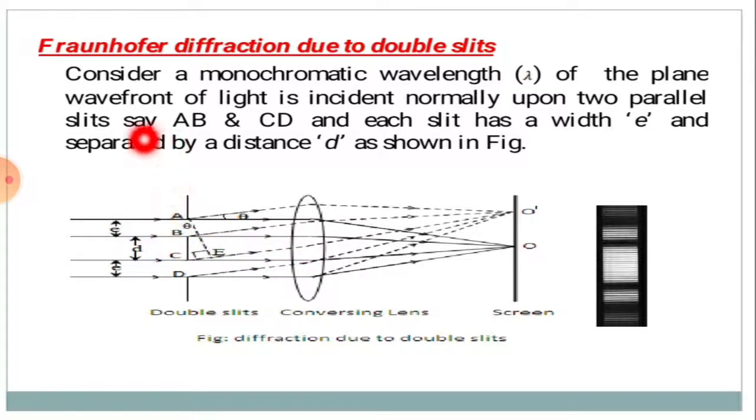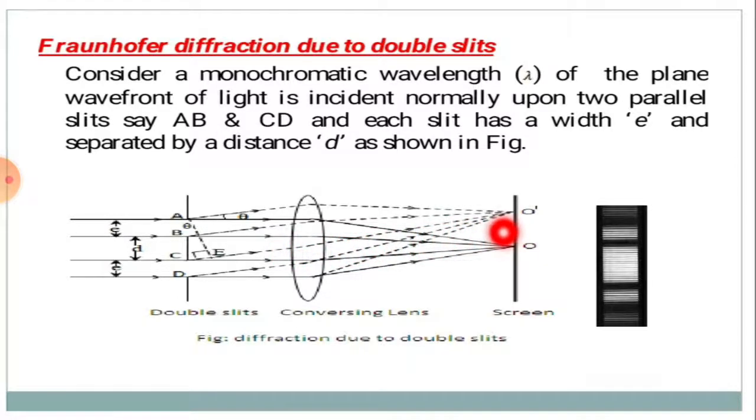It is also called far field diffraction. To fulfill this requirement, a lens will be required. By using these lenses, the incident light is plane or parallel, and the diffracted beam is focused on the screen